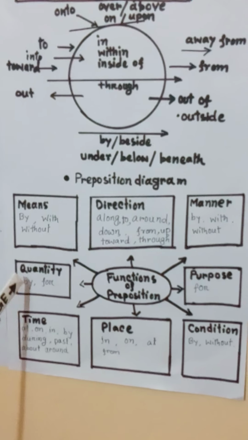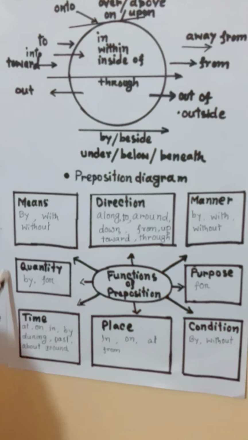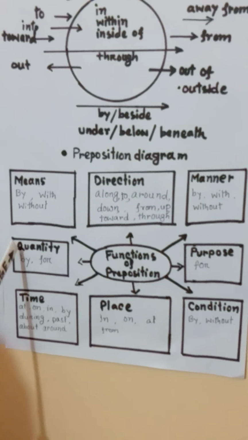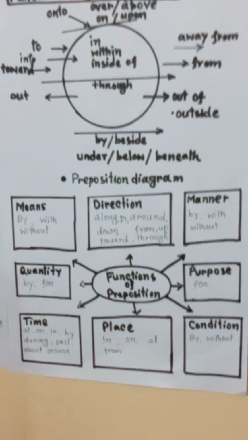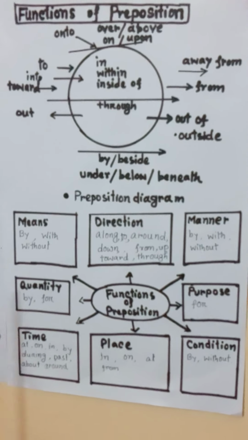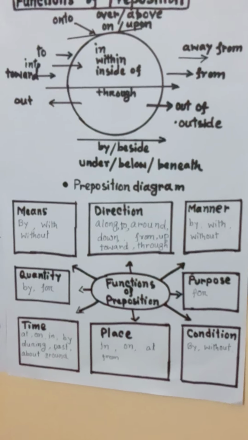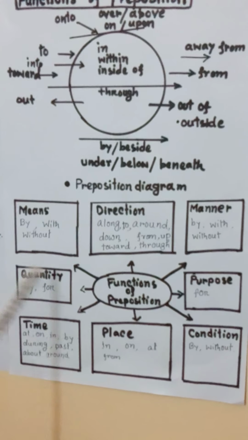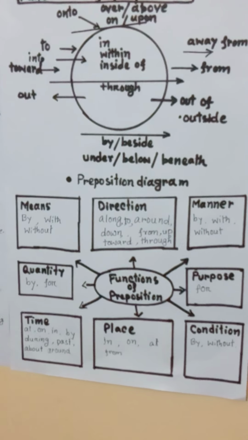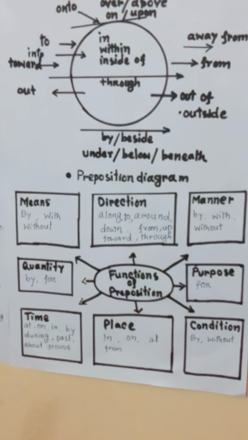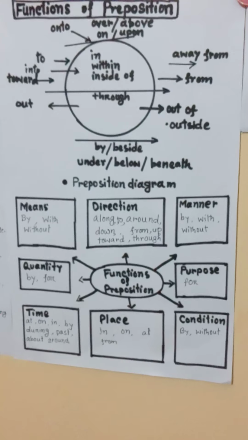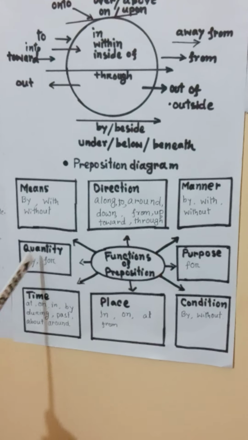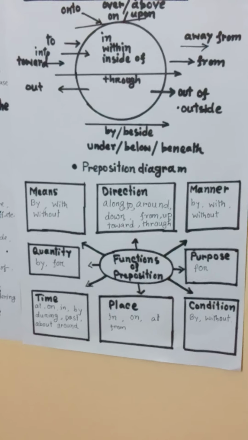Quantity, by, for. It may seem difficult or new to you. What is quantity? Suppose eggs are sold by the dozen. That means ডিম ডজনে বিক্রয় হয়, প্রতি ডজন। তাহলে প্রতি or quantity এটা বোঝাতে আমরা কি ব্যবহার করি? by অথবা for ব্যবহার করি। I give another example. He bought the book for 100 টাকা। সে 100 টাকার বিনিময়ে, that means বিনিময় or exchange, এটা বোঝাতে আমরা কি ব্যবহার করি? for ব্যবহার করি।